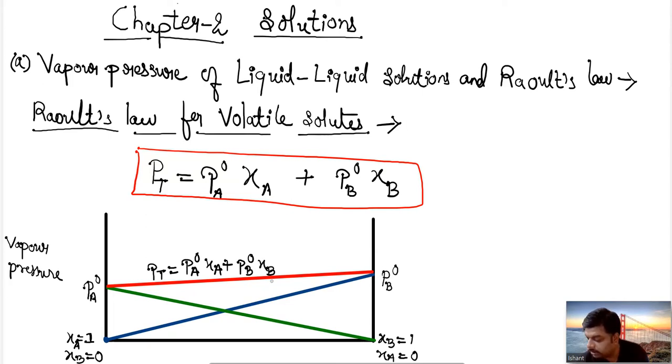After drawing this diagram, it is in front of us that for two volatile components, the volatile liquid solvent and the volatile liquid solute, the total vapor pressure will be more than the individual vapor pressure of the A component or the individual vapor pressure of the B component. This is shown by Raoult's law here. And in the x direction I was taking the mole fraction.